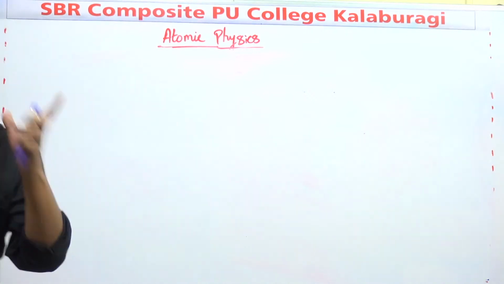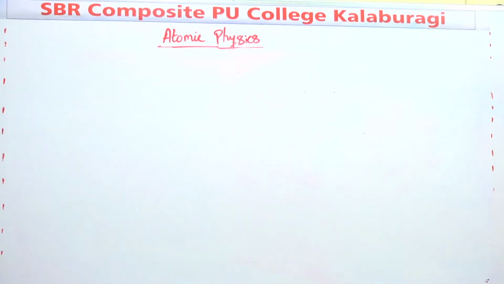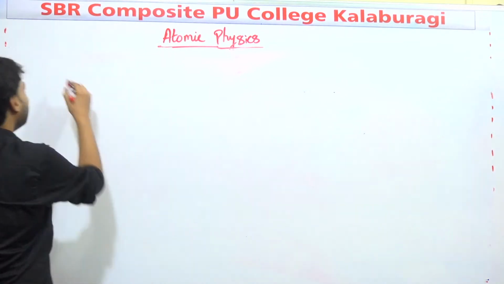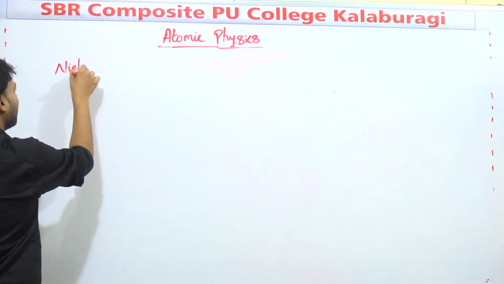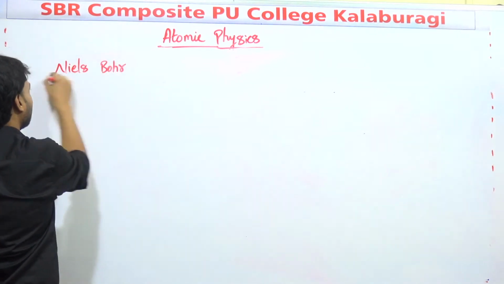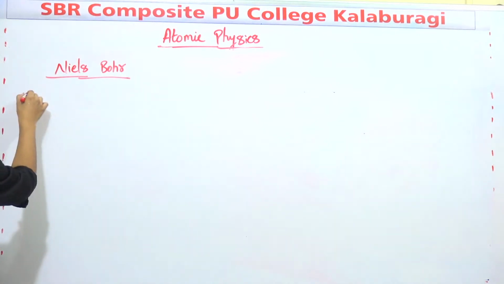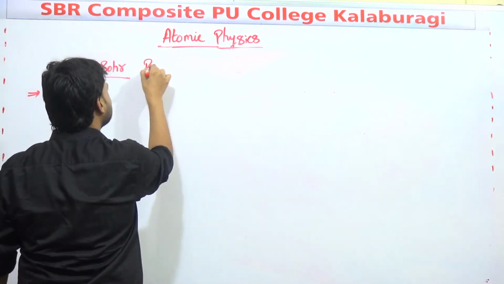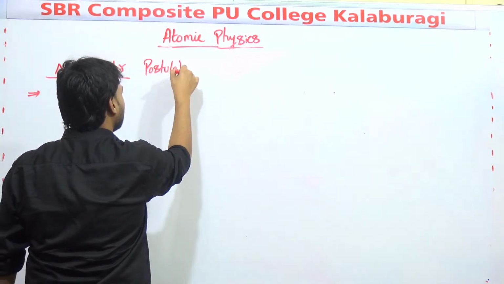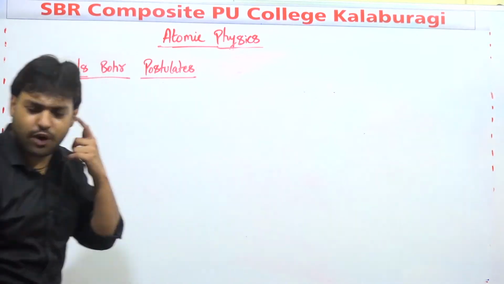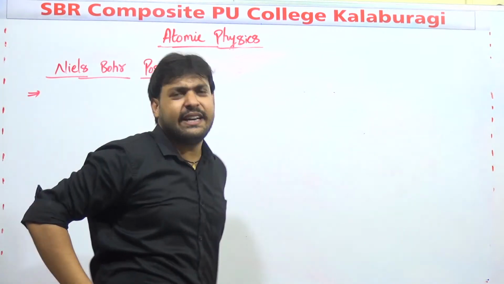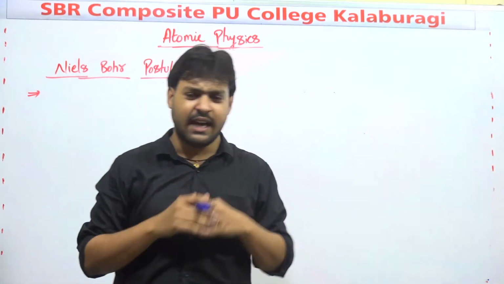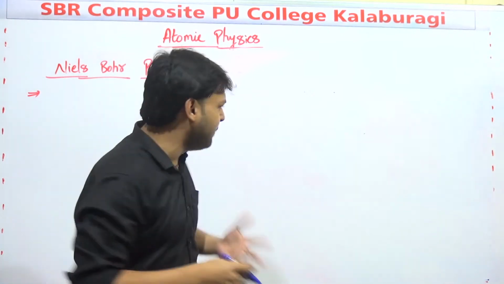Okay, so we have to study that. Right. So who came now? Niels Bohr. Niels Bohr, atomic model. First we'll see the postulates, and then we'll go into Bohr's atomic model. Okay. So what he actually did, come back to the story. What are the disadvantages? He took the disadvantages and he tried to do some experiments, and finally he came to know that